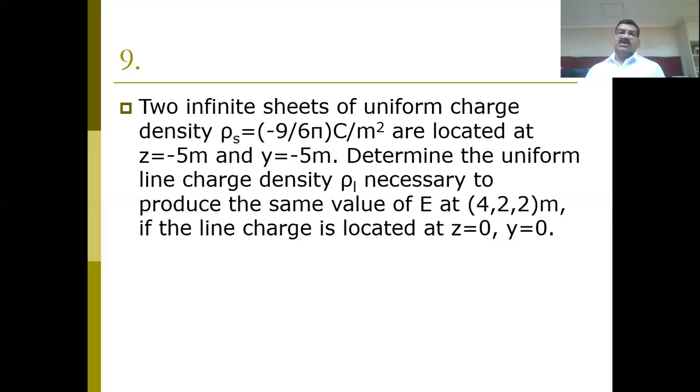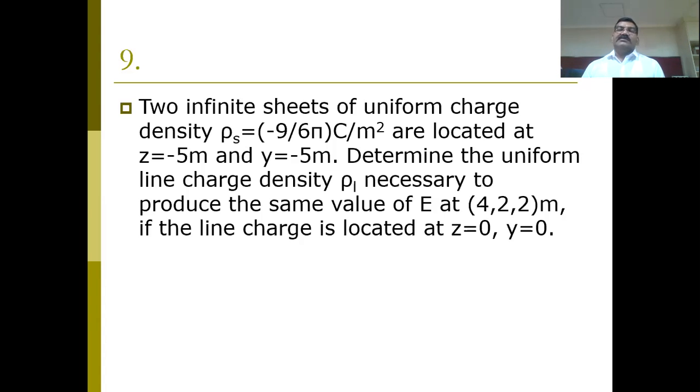Okay, so this is the next problem. Two infinite sheets of uniform charge density rho S equals to minus 9 by 6 pi coulomb per meter square are located at Z equals to minus 5 meter and Y equals to minus 5 meter. Determine the uniform line charge density rho L needed to produce the same value of E at (4, 2, 2) meter if the line charge is located at Z equals to 0 and Y equals to 0. So this is what